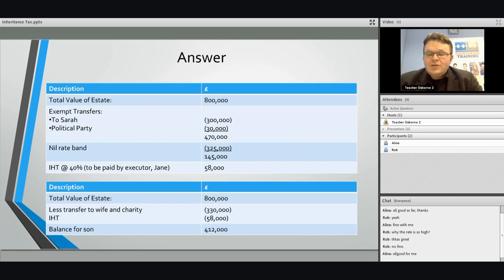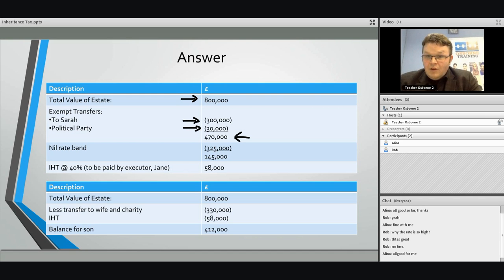Okay, so let's look at the calculation of how to do this. We always start with the total value of the estate. If we look here, we see that the total value of the estate is £800,000. Now we deduct the exempt transfers. To his wife Sarah, we deduct the £300,000 because that is his spouse. And also we have this political party, so we deduct the £30,000. These are all exempt from IHT, and no IHT will be charged. So that leaves us with £470,000